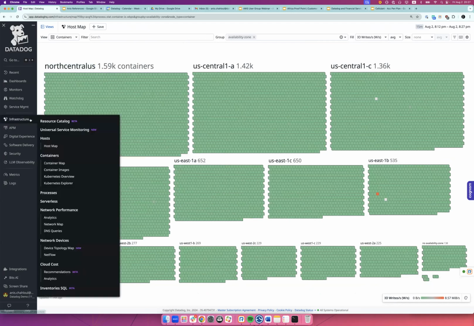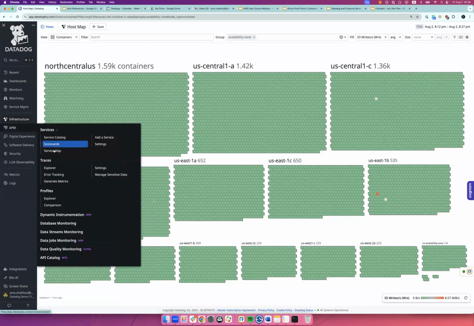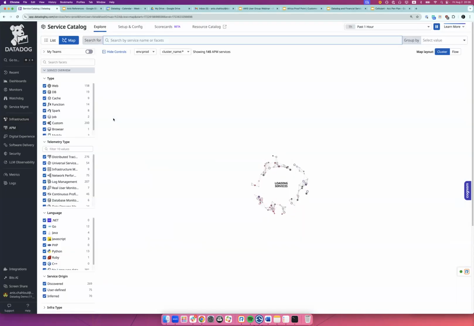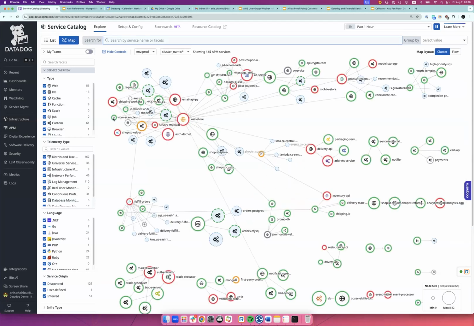Again, from an infrastructure perspective, I am able to see how my servers, my hosts, my EC2 instances, and my containers are performing. But one challenge that we see is that software engineers are requesting more visibility into their systems, their code, and their environment. Why? They want to deliver software with better quality. They want more ownership. They also want to get involved in building that value for the business. And the answer to that, back to the complexity issue, I'm having a lot of applications and I don't know how my applications are related to each other.